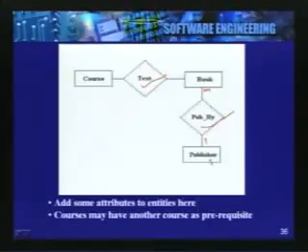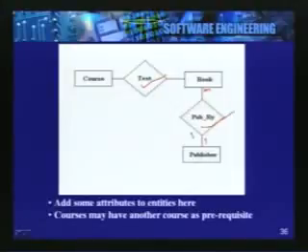Now this is our understanding of the real world. Of course, in the real world, it's possible that a book may be published by more than one publisher and they may sell it in different market segments. In that case, this characterization of the published by relationship may not be appropriate and we may have to make it many to many. What it really means is that the model has to clearly reflect the real world, and the ER model provides you enough facilities by which the real world can be correctly captured. So we'll leave this as an exercise for you to complete this diagram.